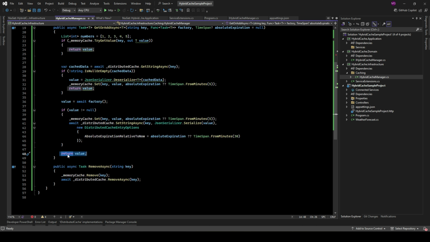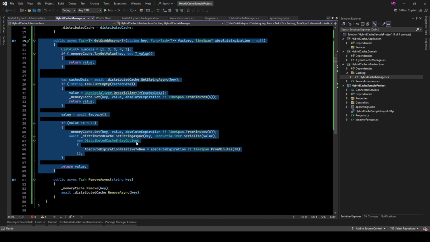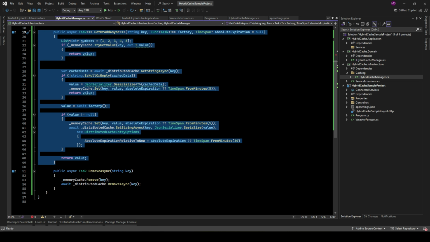The GetOrAddAsync method is the heart of the hybrid cache manager. It seamlessly combines the speed of in-memory caching with the scalability of distributed caching, ensuring efficient and reliable data retrieval. This method is designed to minimize latency, reduce repetitive data fetching operations, and optimize resource utilization.